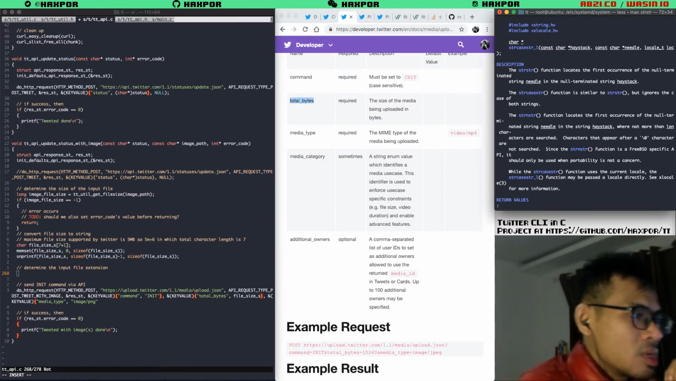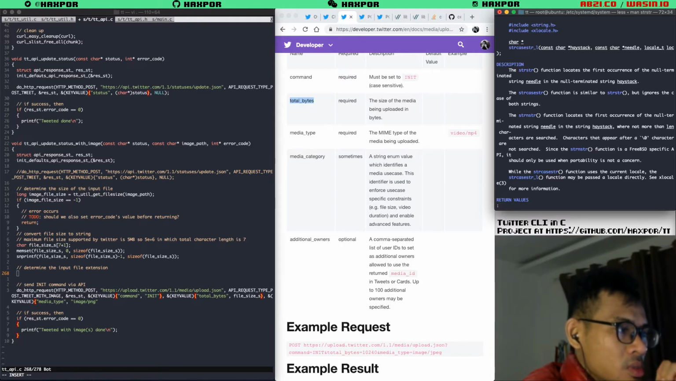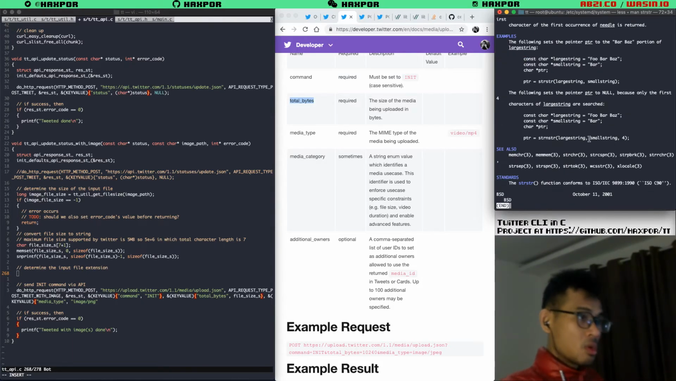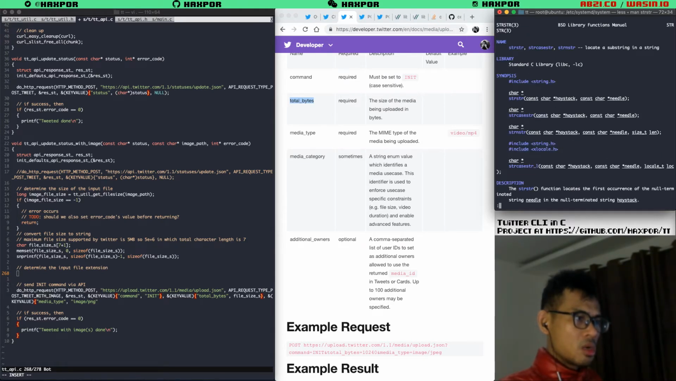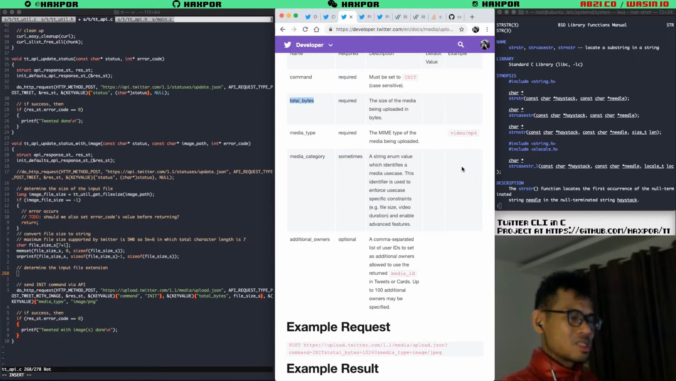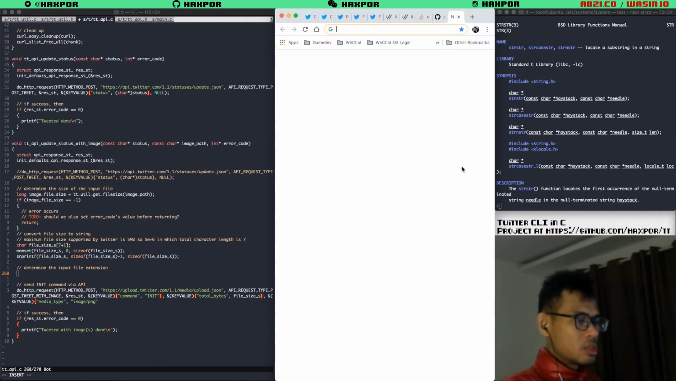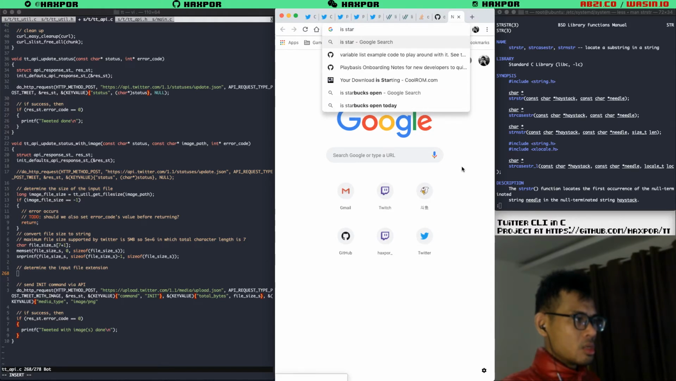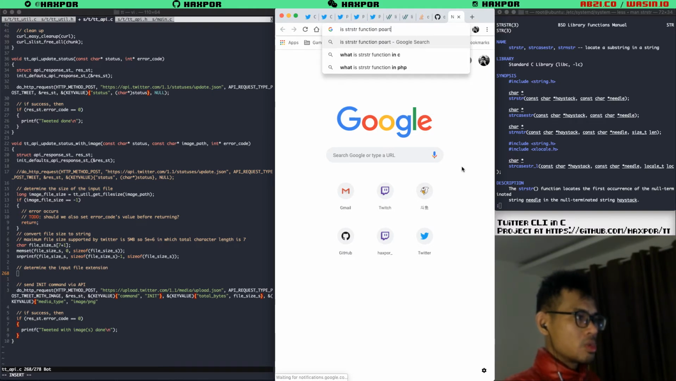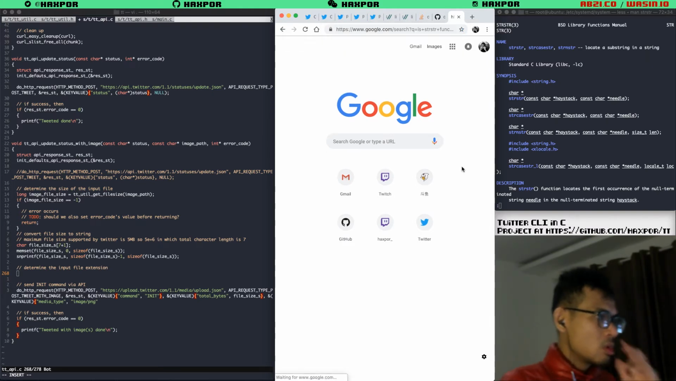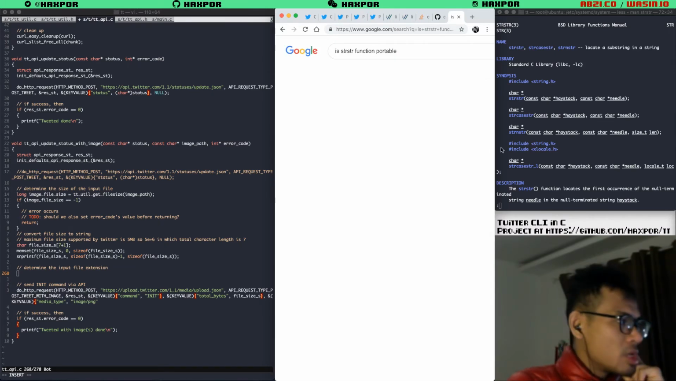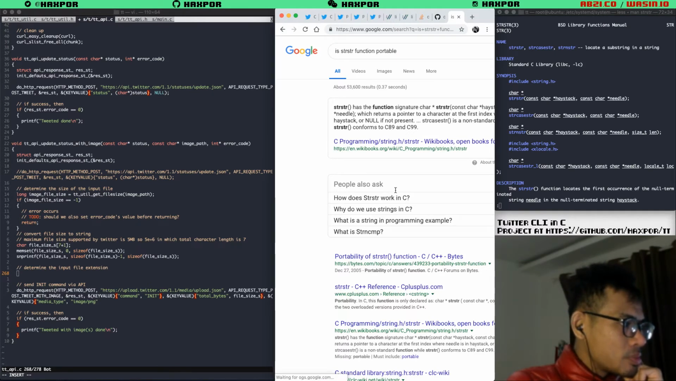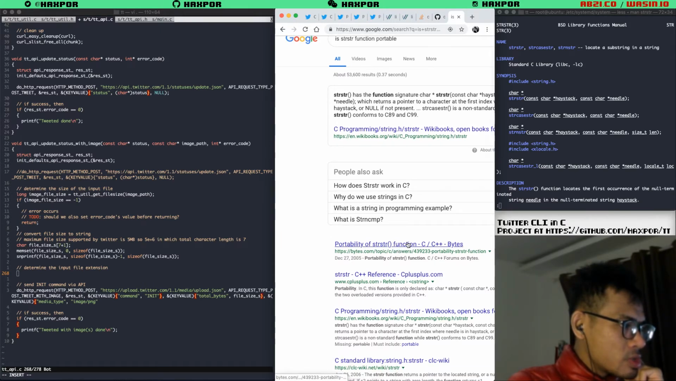Whoa. Since the function is FreeBSD specific, okay, I need to check now whether this function is portable. It says it's not portable, but I gotta check it. Portability of the string function is